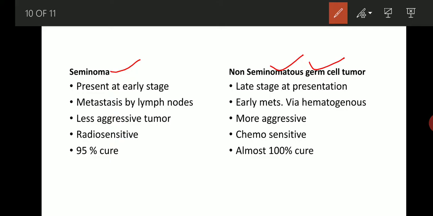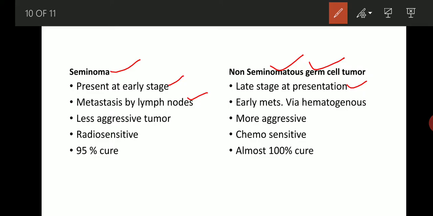So seminomas usually present at an early age, whereas non-seminomatous germ cell tumor has a late presentation. Seminomas usually metastasize via the lymphatics to the lymph nodes. So the common site to which they go is the retroperitoneal lymph node. Inguinal